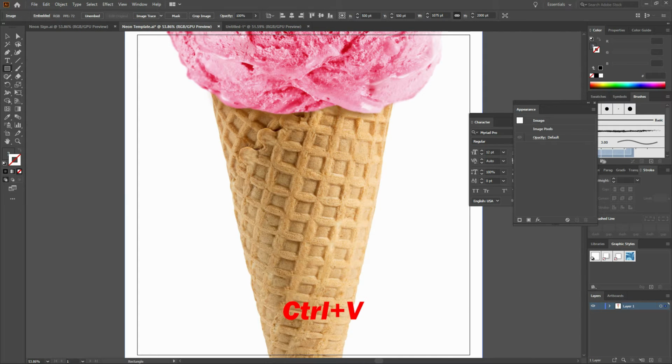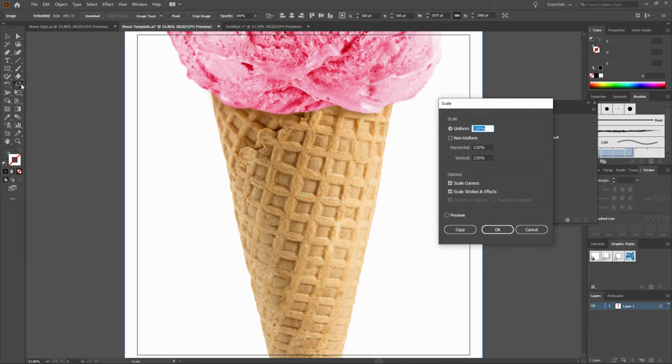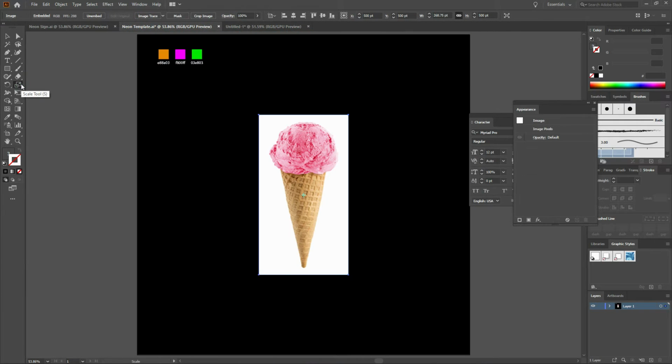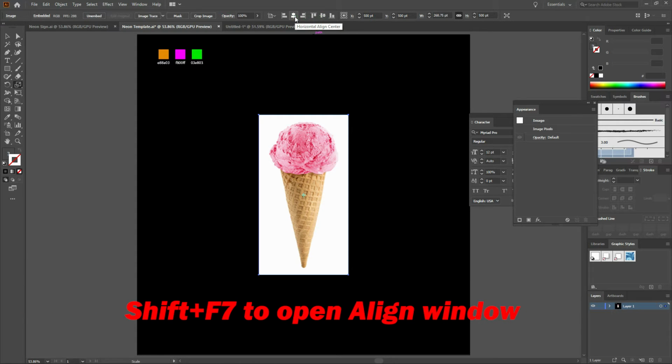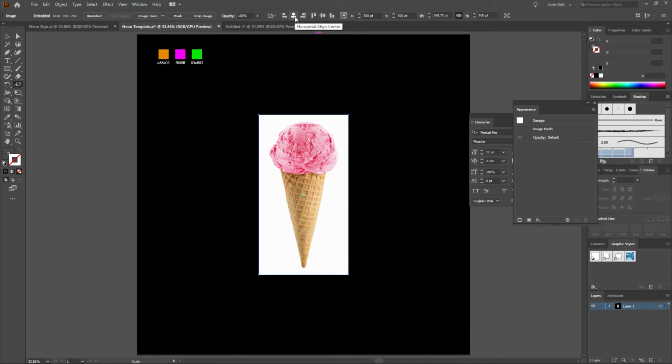Note how much bigger the image is than the actual artboard. Let's scale that down to 25%. We'll do that by selecting our Scale tool, double-clicking it, and entering 25%. Once done with that, we'll vertically and horizontally align just to make sure that it's exactly in center. Once done with that, we'll select our pen tool